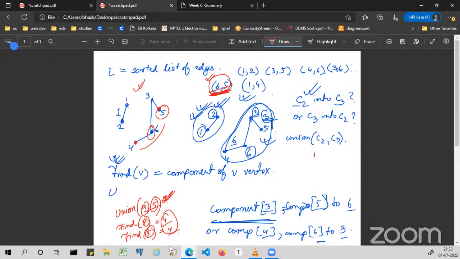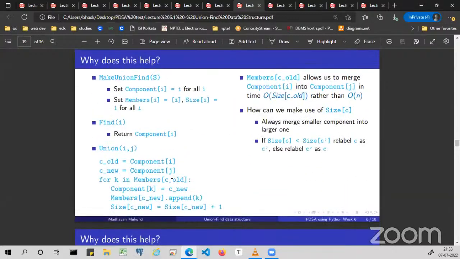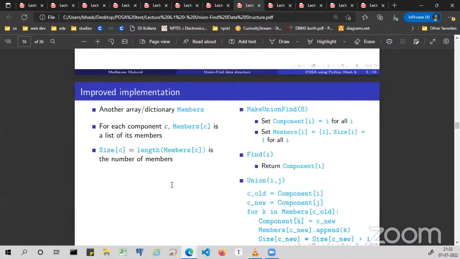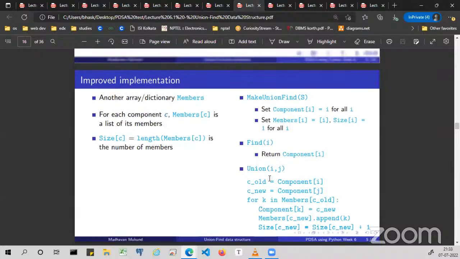So like this example, let's say this is component 1 and this is component 4, right? So when I take this edge into consideration to join the minimum spanning tree, these two component values are separate, so it would be joined. So when I check that thing over here, you see, when you do union,